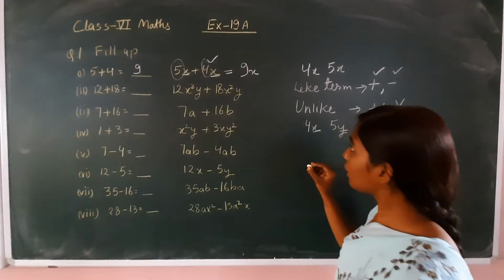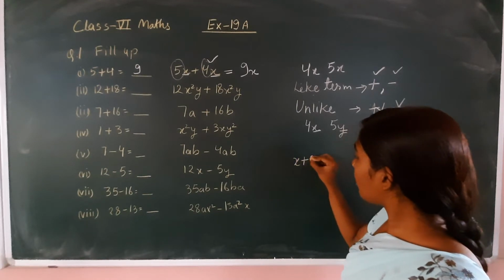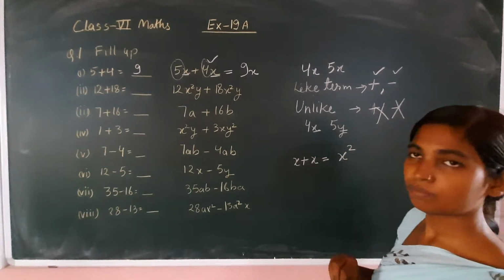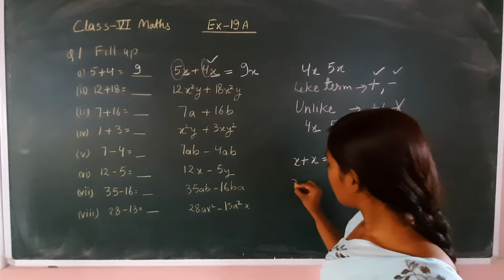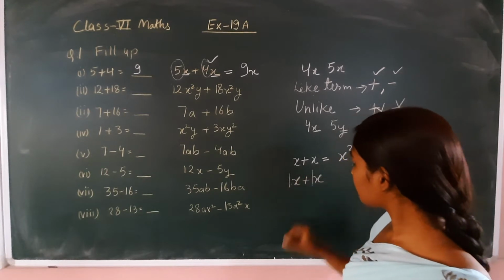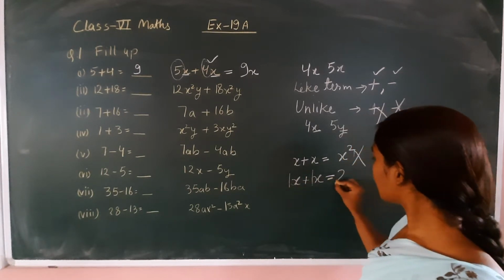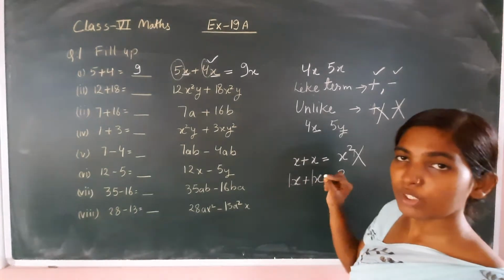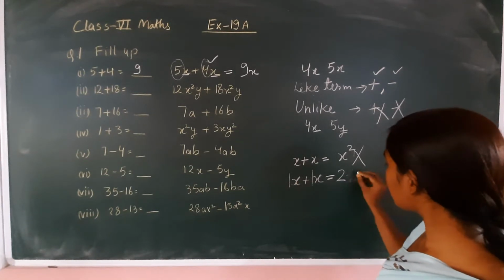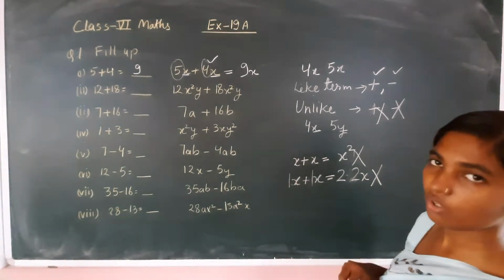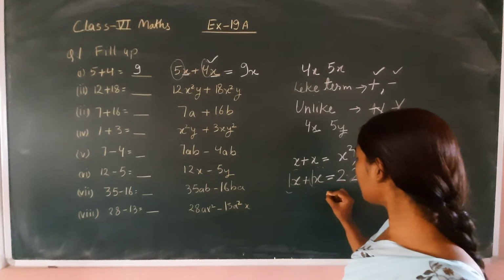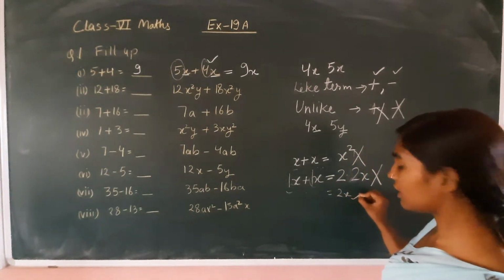Understood? It will not happen that you are doing x plus x and you write x to the power 2. This is wrong. If it is written x plus x, and nothing is written in front, it means 1 is written. So 1 plus 1 will be 2 and here x will be only one time. You should not add these and again write 2x, this is also wrong. It is 1x and 1x, 1 plus 1 will be 2x. This is the simple answer.